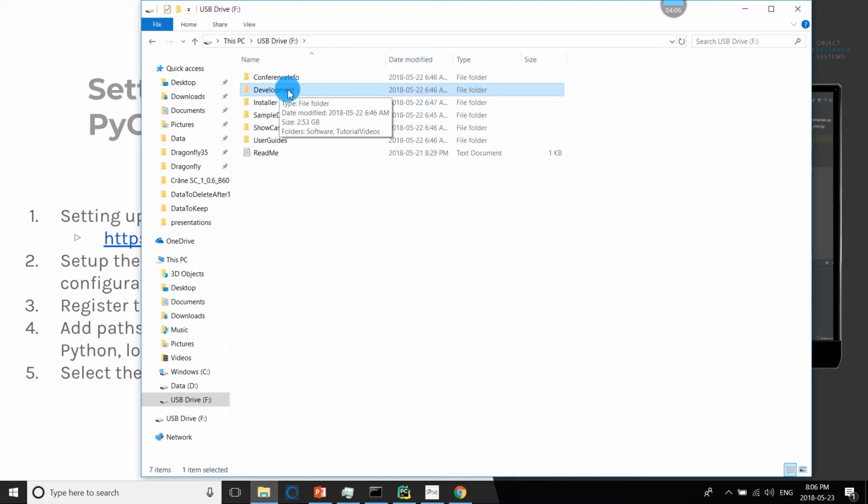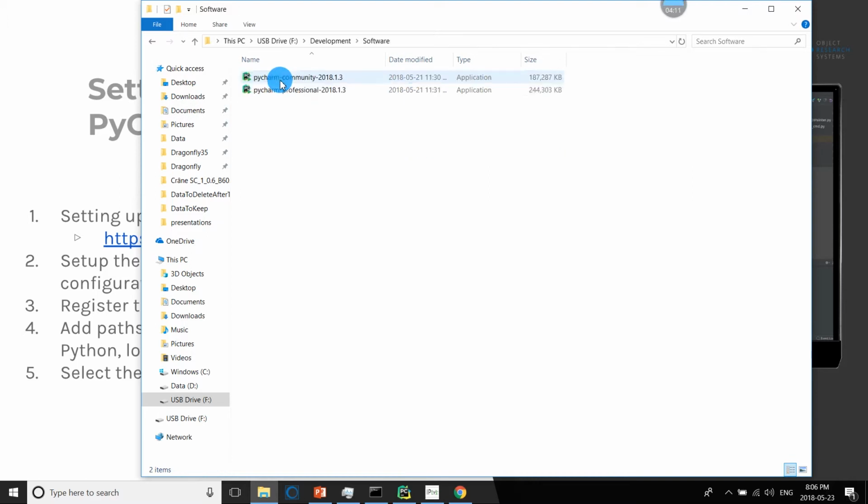Because currently Dragonfly is only for Windows, I have only put the Windows version of PyCharm on your USB keys. If you go to Development, Software, you have either a free version, called the Community Edition, or the professional version.